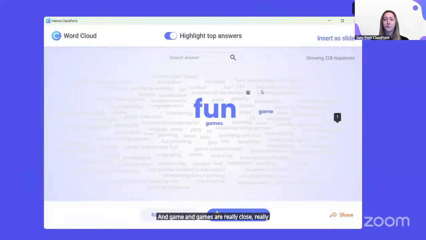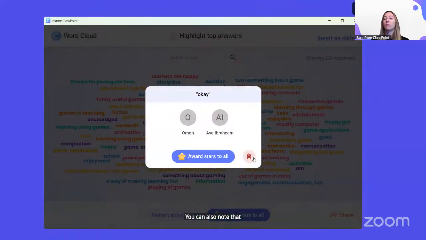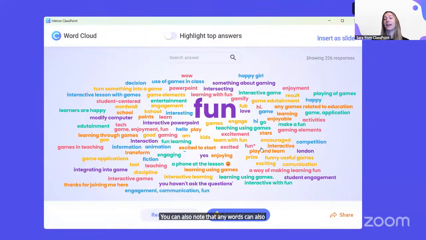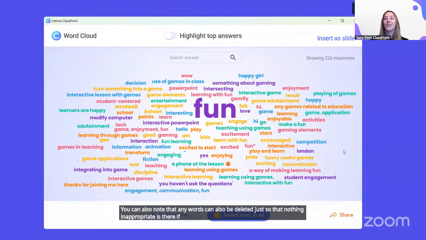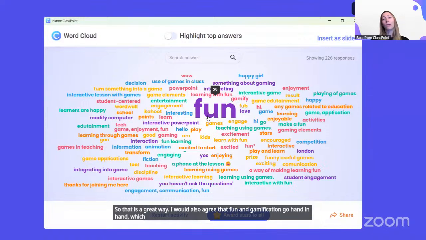If needed, you can also note that any words can also be deleted just so that nothing inappropriate is there if you guys need. So that is a great way. I would also agree that fun and gamification go hand in hand, which is why we want to add that into our PowerPoints for our students to keep them engaged, have a little bit of fun within your lessons and keeping them motivated as well.